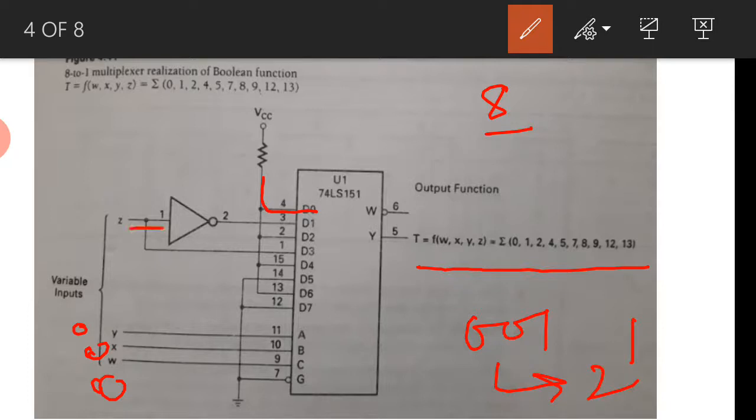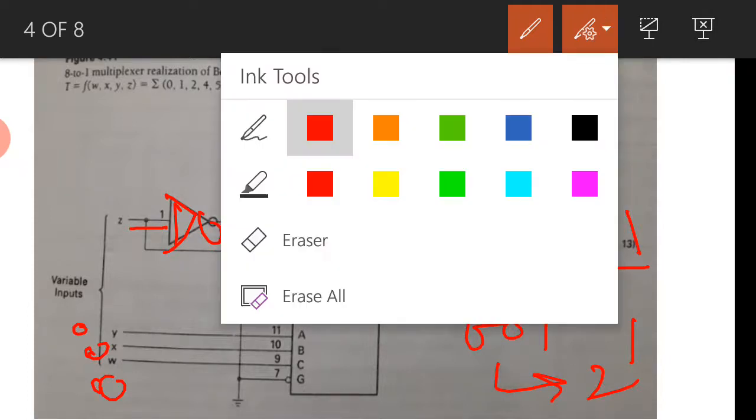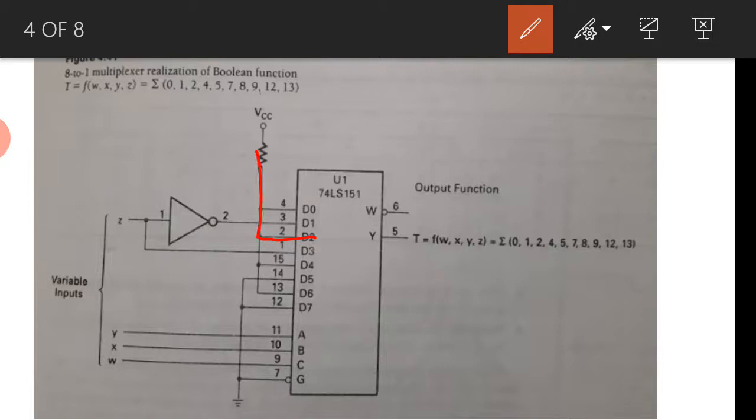So Z is connected as input, and it is given to a NOT gate, and it is connected here, Z bar. If you come to D2, for 0 1 0, again it is 1, so that is connected to VCC. D2 is connected to VCC. If you come to D3, means 0 1 1, we have seen in the modified truth table as Z, so directly it is connected to Z. Again similarly, if you come to D4, it is connected to VCC, and D5 is 0, and D6 is again 1, and D7 is 0.